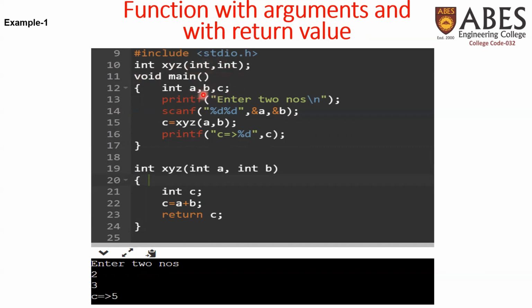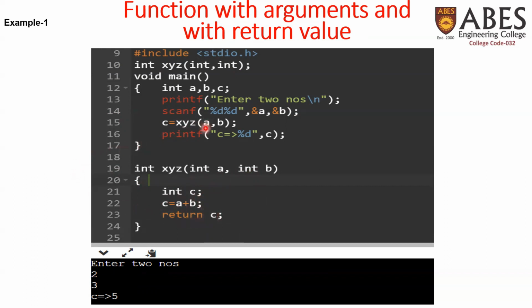So we have defined 2 variables here. These 2 numbers will be taken by the user and passed to this function, and the resultant will get settled to a certain variable. So we have C here to take up and print it. Now when the call for this function XYZ generates, we will land over to this definition here. The values of A and B, that is 2 and 3 from the user, will be copied here, added up here, supplied to C, and again the value of C will be